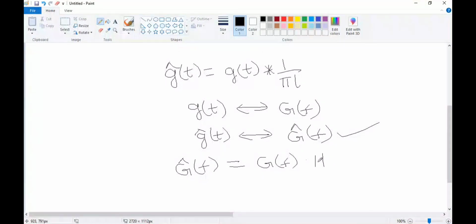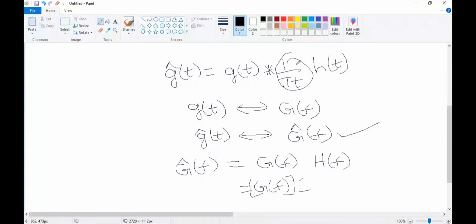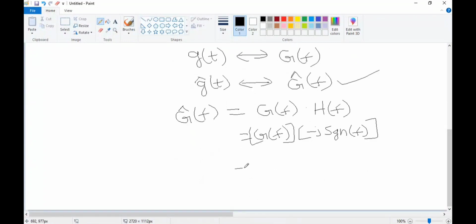what is the h of f generally? G of t is nothing but G of f. This I have just represented with h of t, so h of t is nothing but h of f. But what is h of f? It is nothing but the Fourier transform of 1 by pi t. What is the Fourier transform of 1 by pi t? Minus j sgn of f. So it is nothing but minus j into